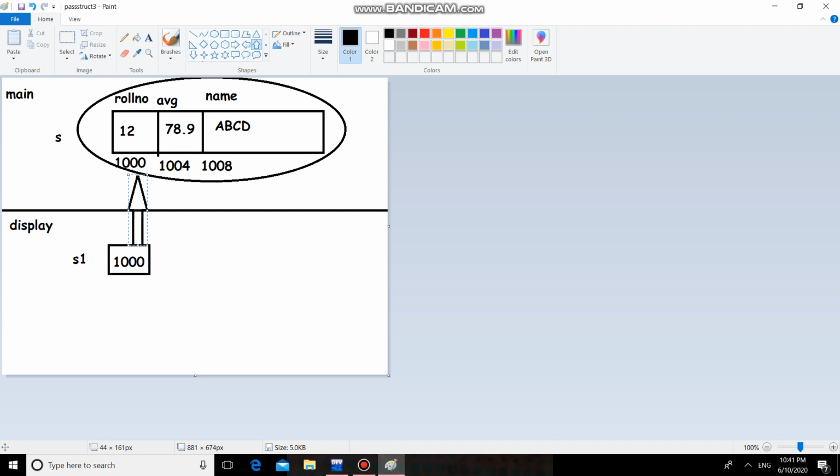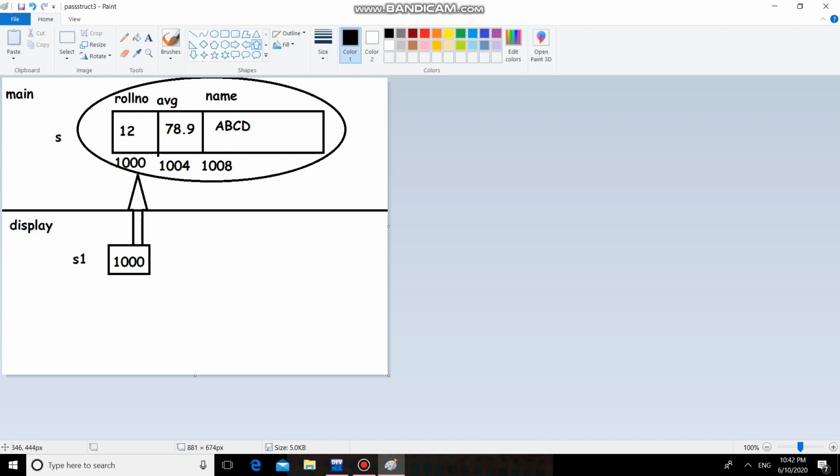Now ys1 is holding the address of ys, and the address of ys is nothing but the address of ys dot roll number. As ys1 is pointing to ys, ys1 has direct access to the value of roll number, avg and name. So you can access these values 12, 78.9 and abcd based on the address of ys.